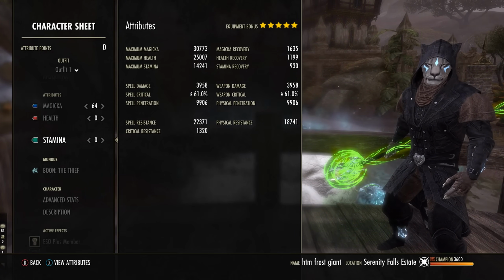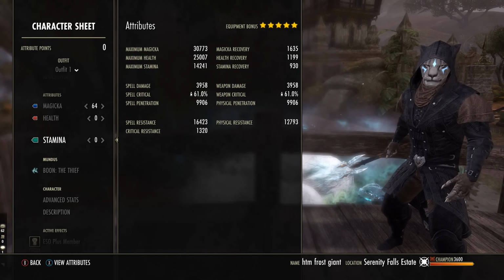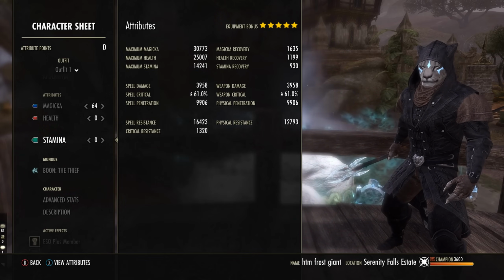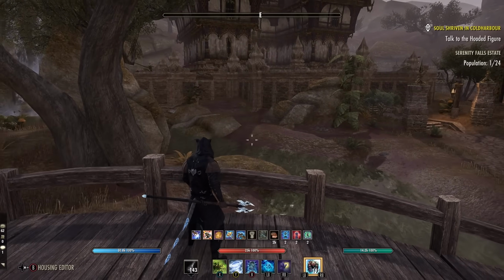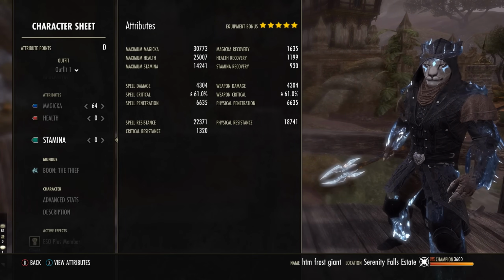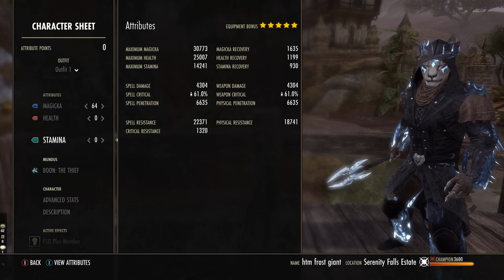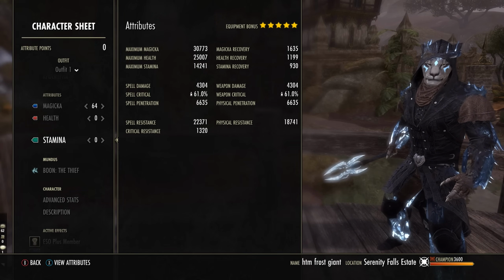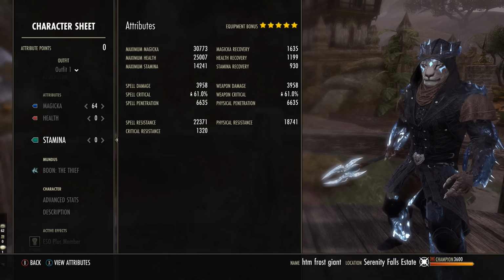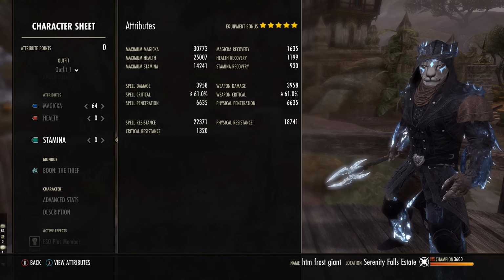That's going to be buffed a little bit with some of our additional abilities. So about 10k physical and spell penetration at base, plus we're using Major Breach. So it's going to be really nice for solo content. And our armor does go up as well on the build. So we can check that out. About 22k spell resistance, 18k physical resistance. Keep in mind, we have a lot more defensive options on this build, including damage shields that are going to